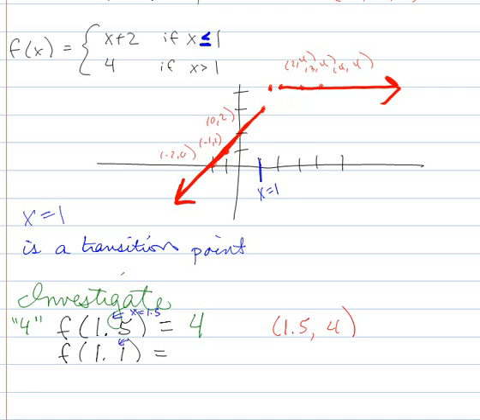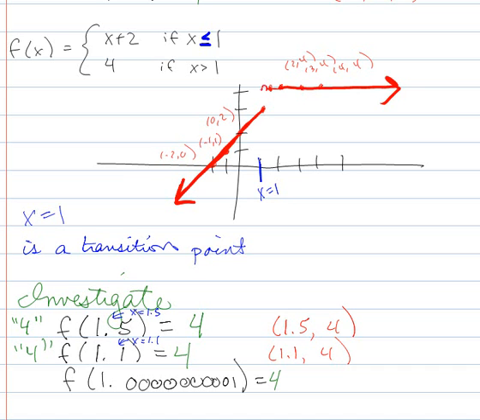All right, you're still in the same position. If x is 1.1, you're still greater than 1. So that means you're over here in the 4. So I've got a point of 1.1, 4. Now here's the question. What if I'm f at 1.000000001? Hopefully, you'll come back and say, well, that's going to be 4. So what's happened is that I'm going to actually be on this 4 line all the way over